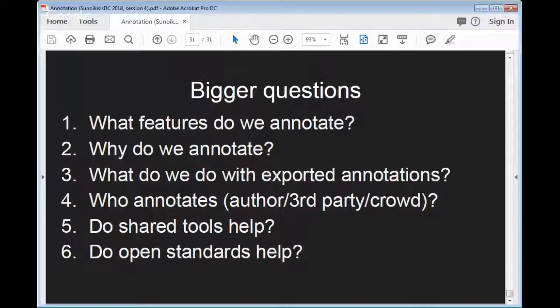Hypothesis is one example, then we have Recogito and many other tools. But we also want to experiment with automatic annotations, in the sense that we can generate lists of words or other named entities, and try to map them on text.